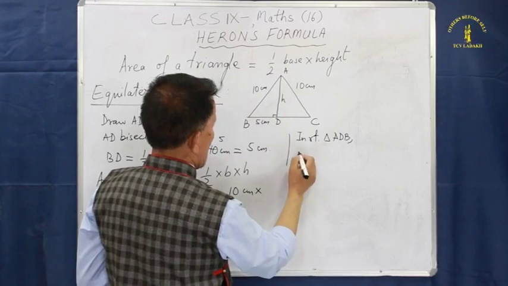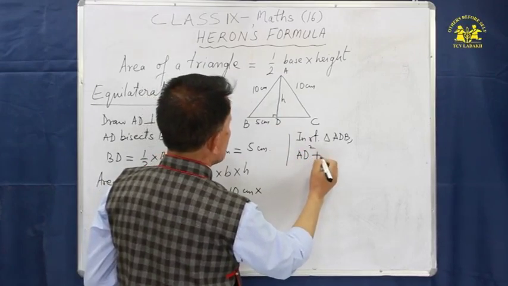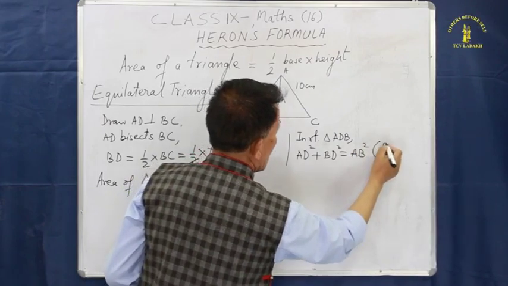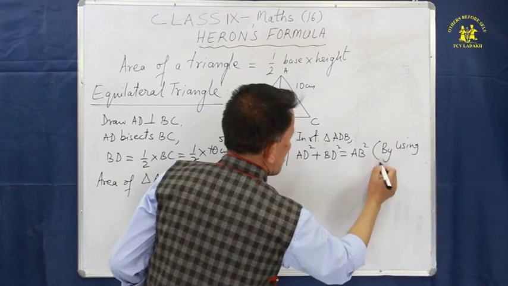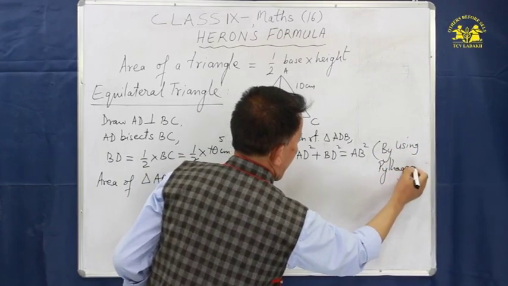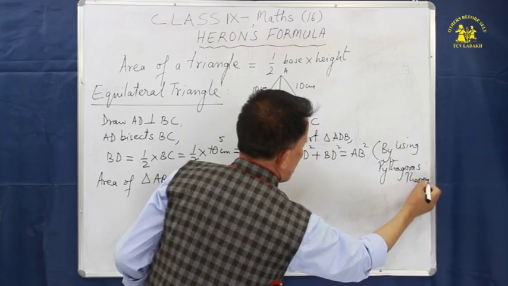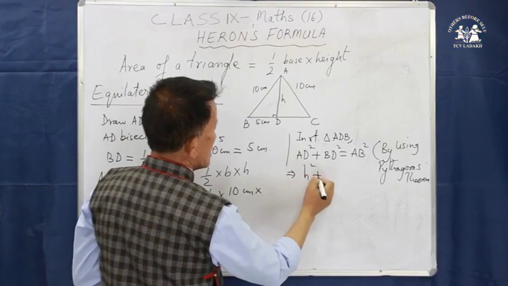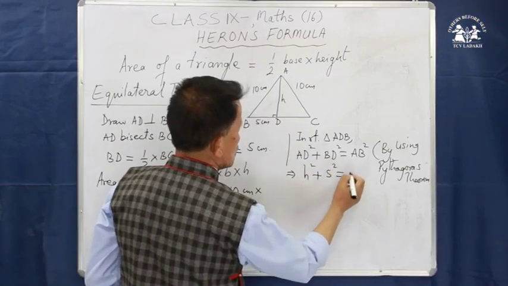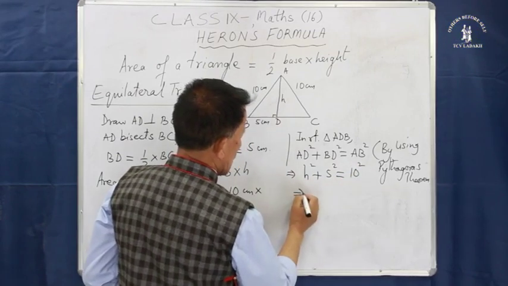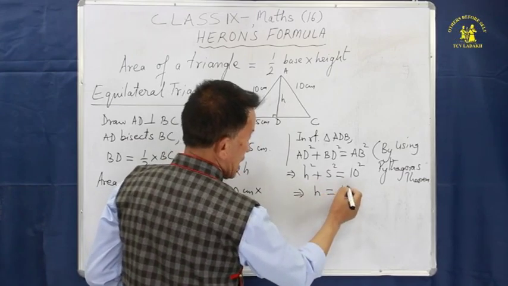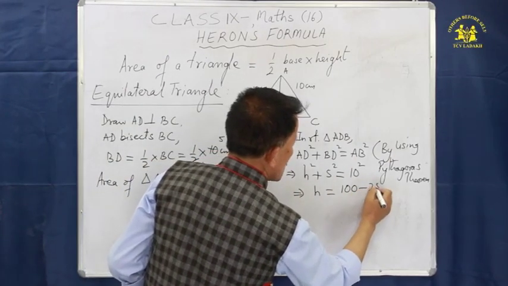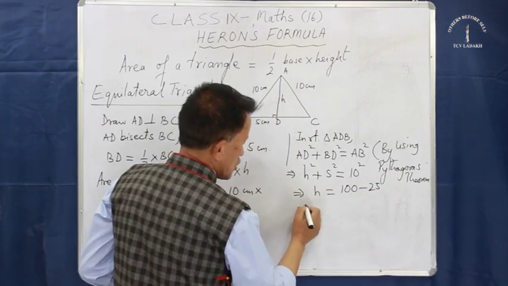So AD square plus BD squared is equal to AB square by using Pythagoras theorem. So let's put the value. AD, we don't know, let's say H squared plus BD is 5 squared is equal to AB is 10 squared. So H squared is equal to 10s are 100, 5 square is 25, goes to the other side, will become minus 25, and square. Okay, so H squared is equal to